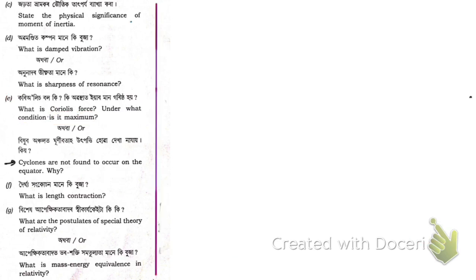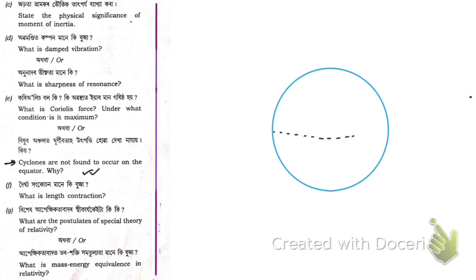So now you see, let me explain this answer first, and then I'm going to give you the answer. First let me explain. Suppose this is the arc and this is the equator, and we know this arc spins in this direction. This is the west and this is the east, and this is the north and this is the south, right, in this direction. Now if this is the axis of rotation,